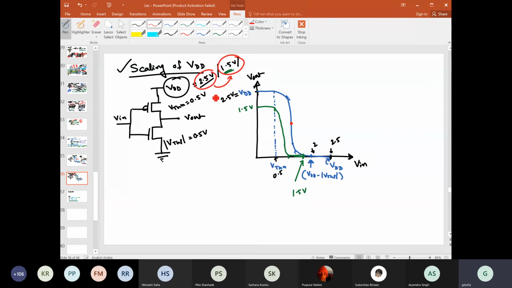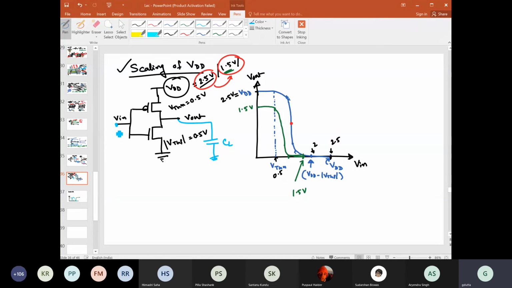Now the question is why this should happen. It is quite easy, you can just think of it like this. This is the capacitor, which will be either charging or discharging, either charging through the PMOS or discharging through this NMOS. When it is charging, if VDD is 2.5, the same VDD will be applied here. So if it is 2.5, it is 2.5. If it is 1.5, then it will also be 1.5.